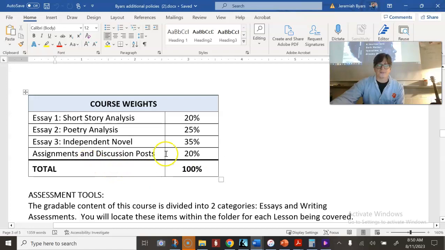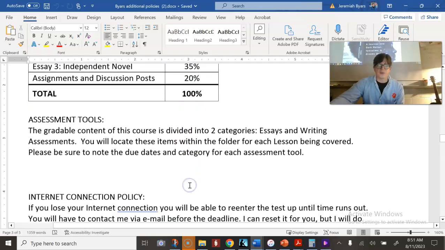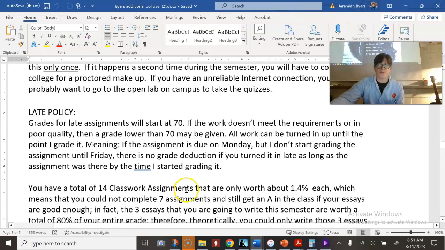This class, 80% of this course consists of just 3 assignments: Essay 1, Essay 2, Essay 3. The rest of this class, everything else, falls under this 20% range, okay? So in this class, we have 14 classwork assignments.